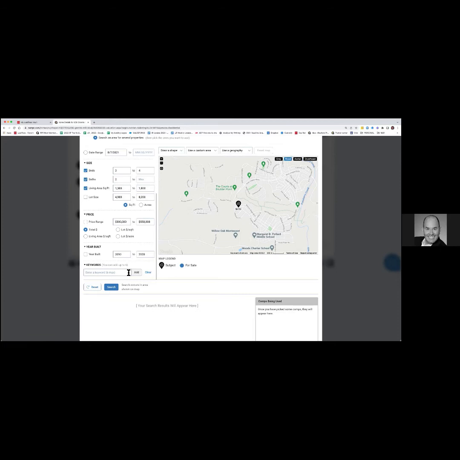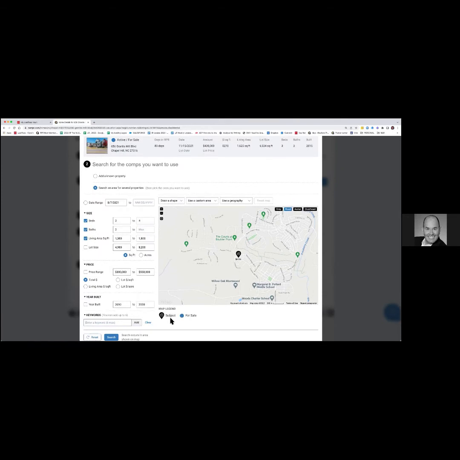Maybe a pool or something, but so many people enter their listing descriptions in so many different ways that they describe things that sometimes that's not 100% accurate, but you can try it out if you want. So I can either reset here because I've screwed it all up, or I can search. But before we go there,